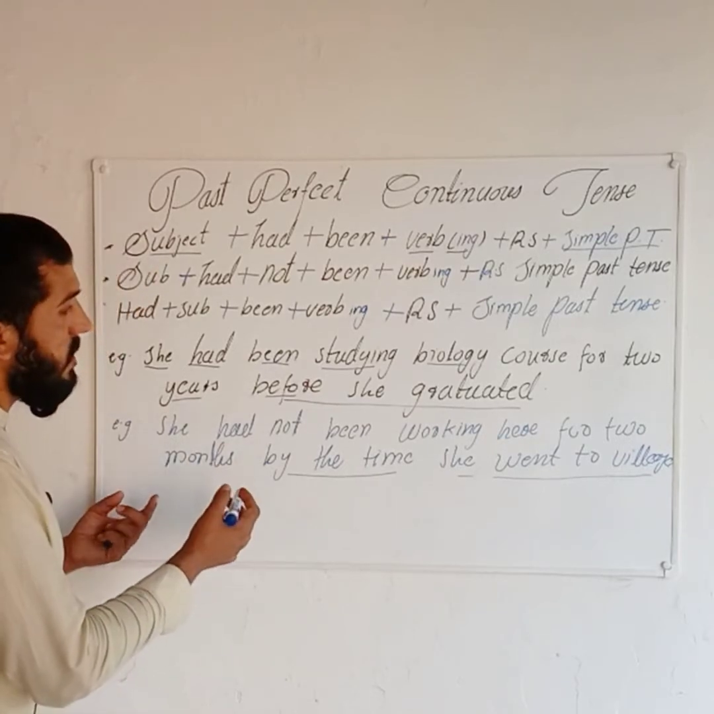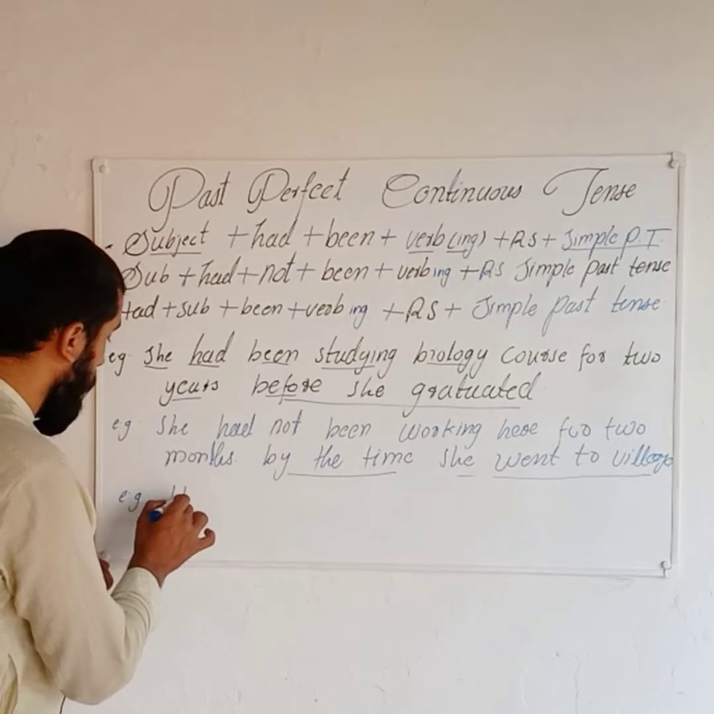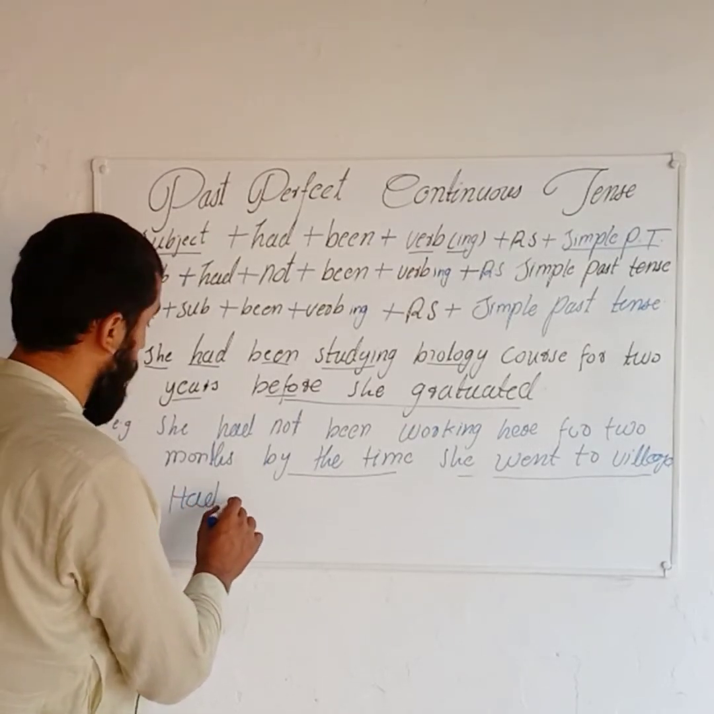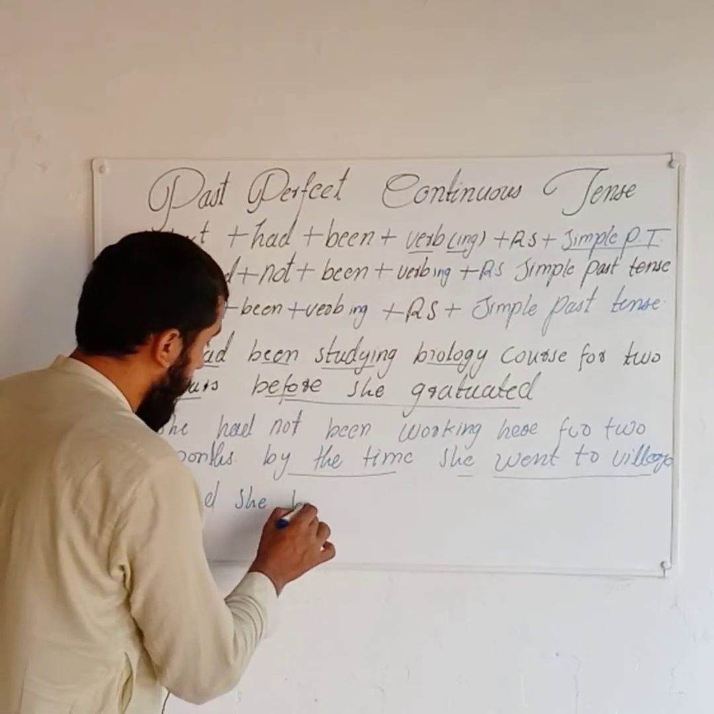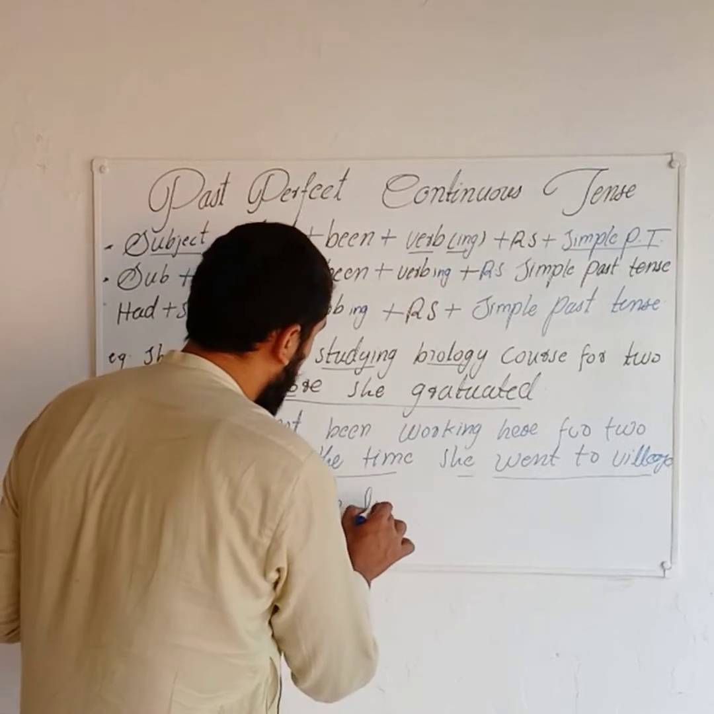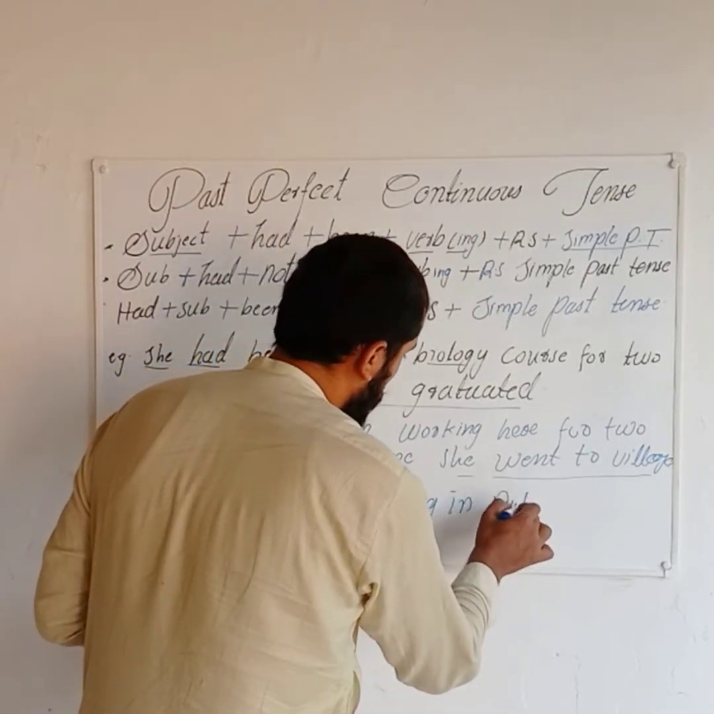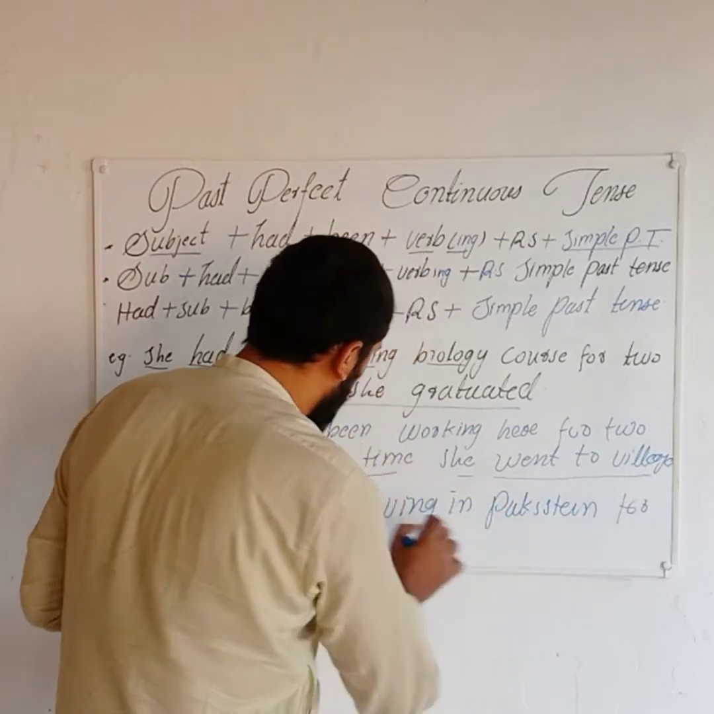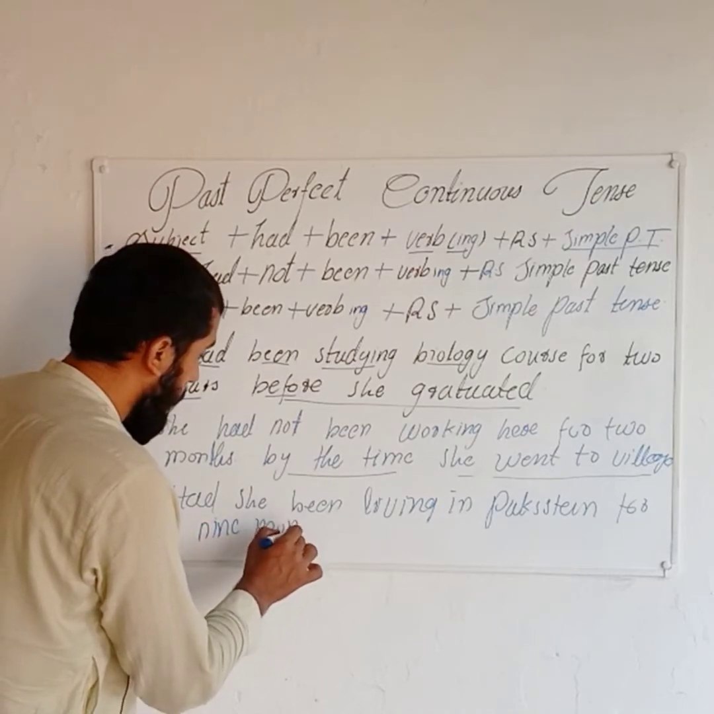If you want to change this one to interrogative, we use "had" at the beginning. Had at the beginning, then we go for the subject. Had she or he been living in Pakistan for 9 months or 9 years